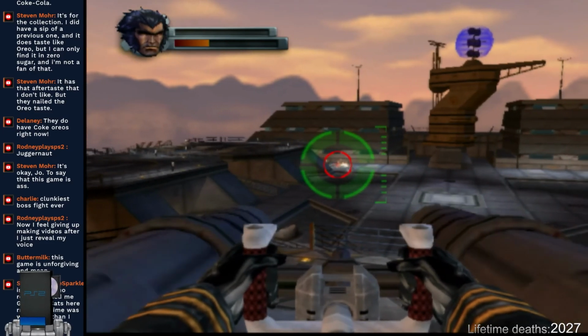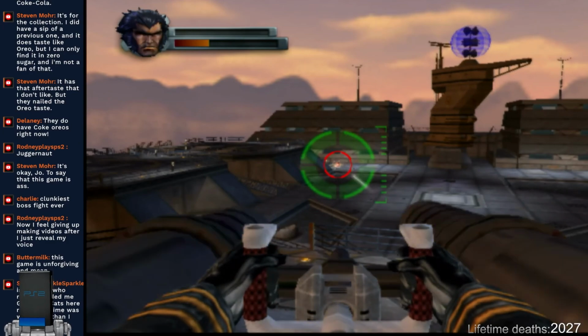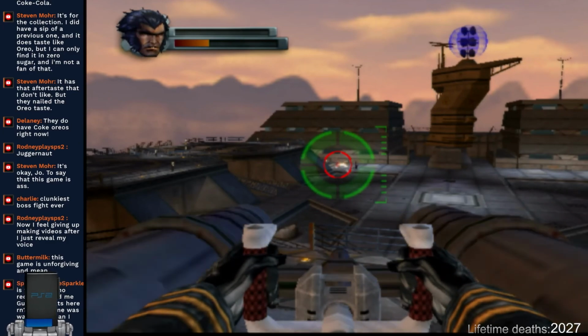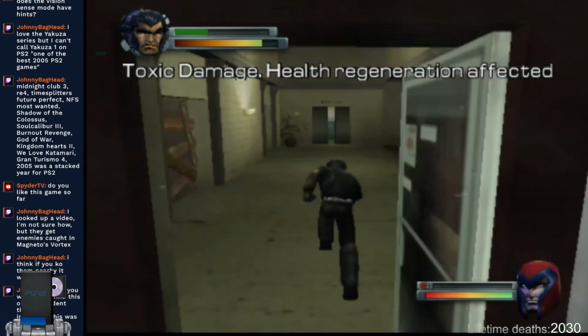Next is a small turret section, which I guess is fine. You gotta shoot some stuff and save this helicopter. Otherwise, it's really not that hard. It's pretty short. The next fight we have is with Magneto, and the whole idea is that he is weakened,